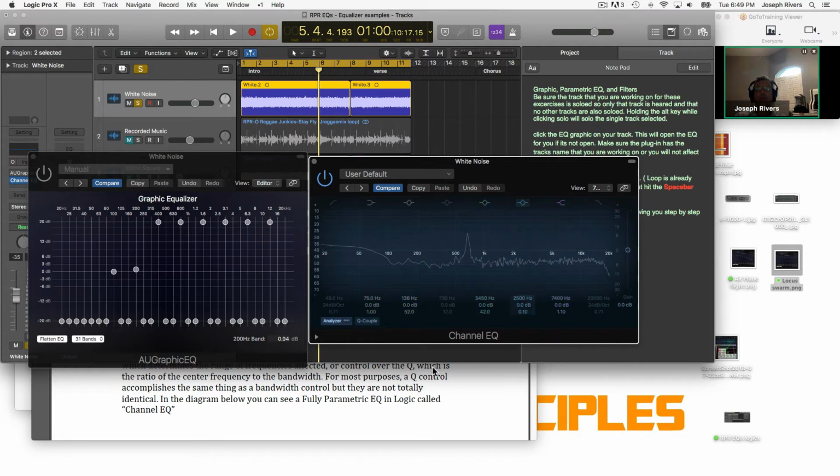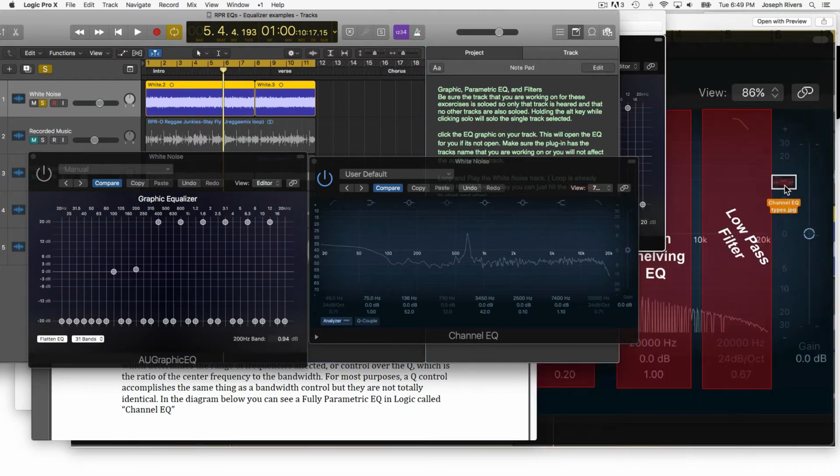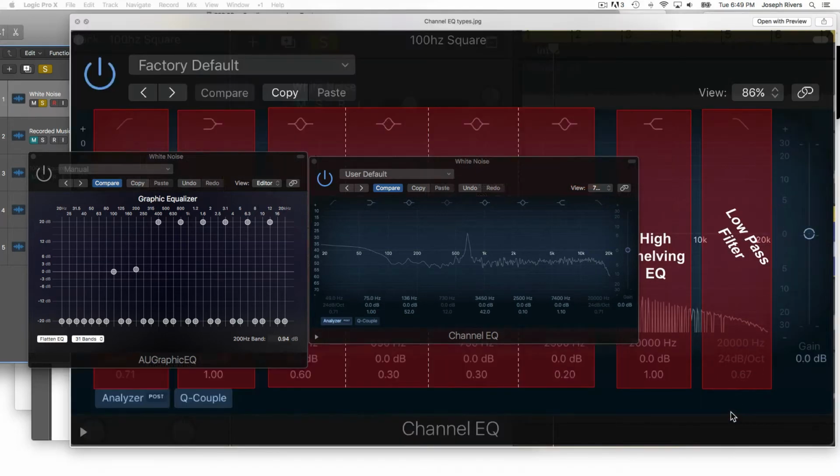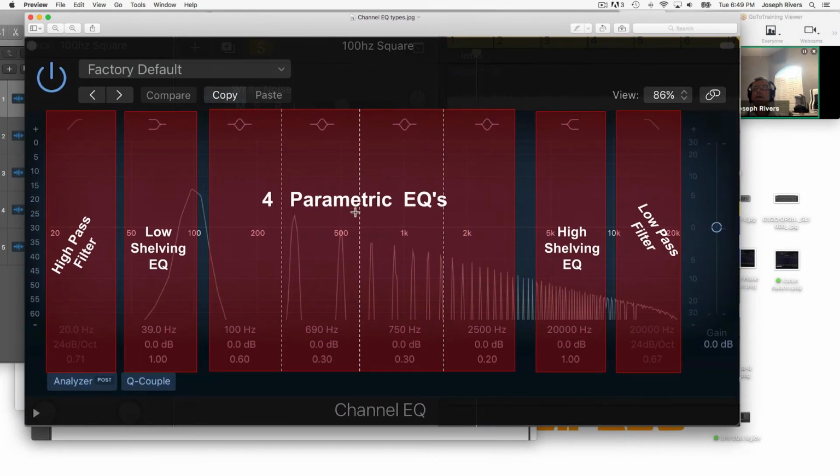We're also going to cover, and you'll see this in the instructions, I actually put together a picture for you guys. Where is it? Here it is. There we go. Okay, that graphic EQ, or I should say parametric EQ, the one that's called Channel EQ, notice